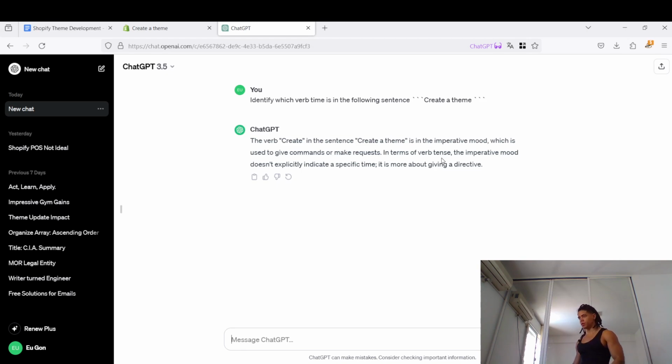It says it's using the imperative mood, which is used to give commands and make requests. In terms of verb tense,